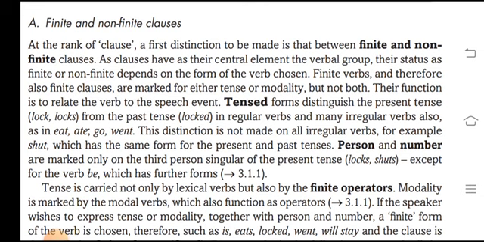The status is defined and their status as finite and non-finite depends on the form of the verb chosen, finite verb and therefore